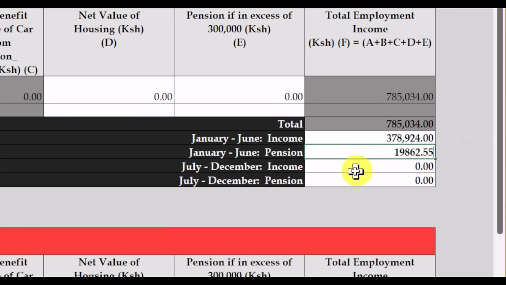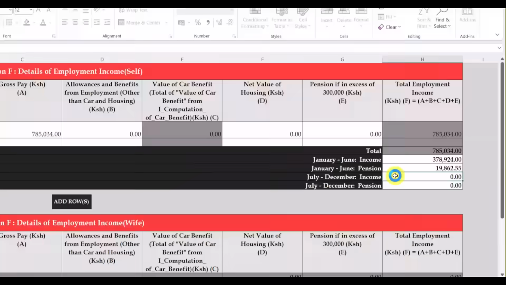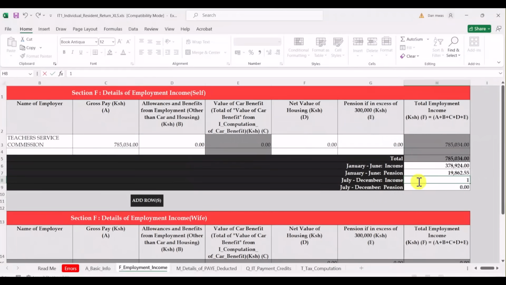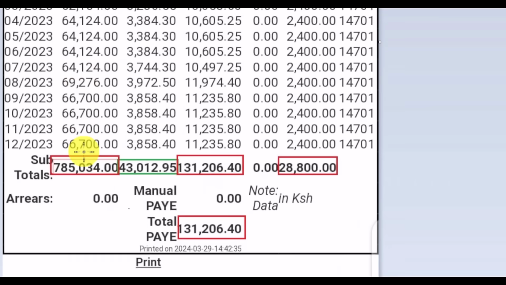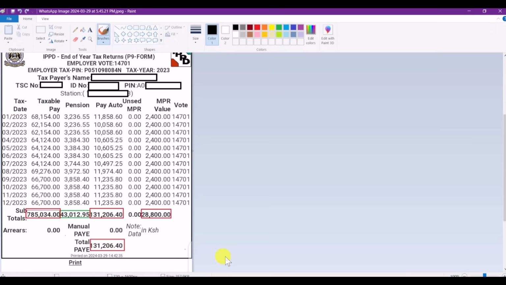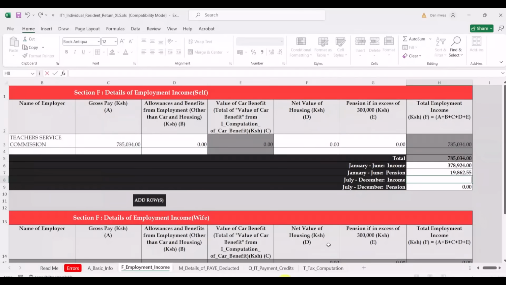Then July to December income. Go to the P9, July to December income. So from here, taxable pay, July to December. So you add everything. That one will give you